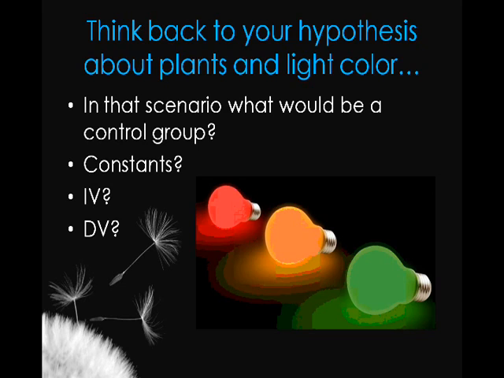In this scenario, the control group would be a fourth plant that had white light shining on it. This would be a group that we could use for comparison for all of the colored light. That way we could tell if the plant is growing taller because of the light or if it would have